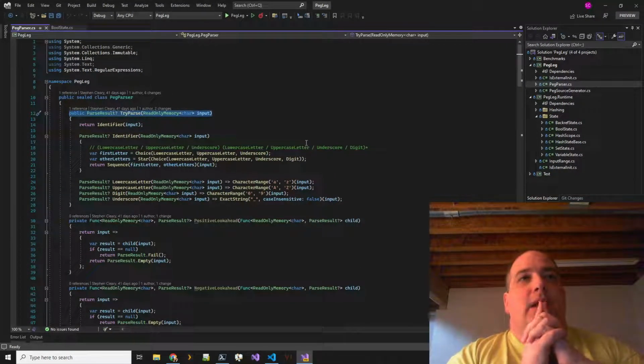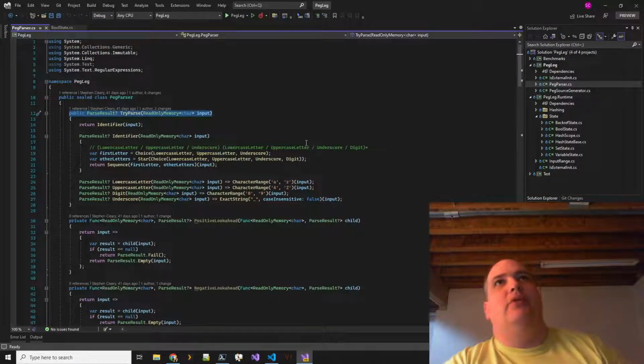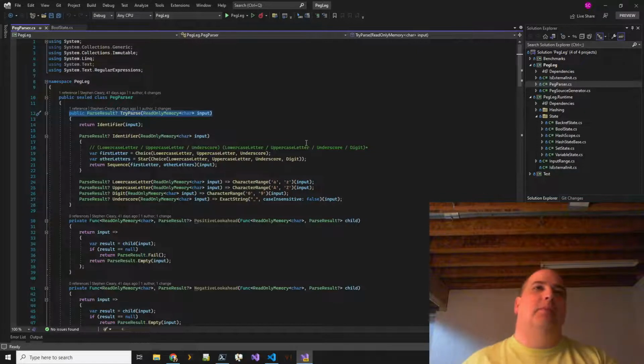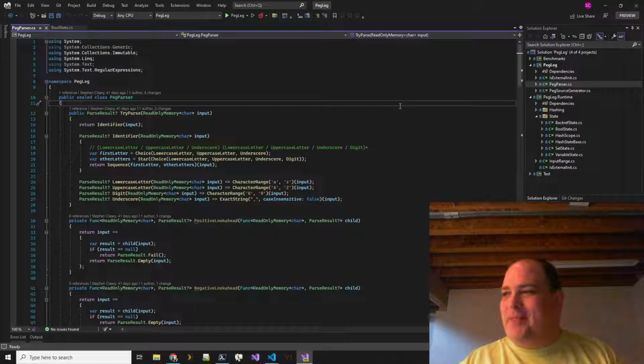So for today, I'm going to have to change this to use strings, and it's going to annoy me because I really want to use read-only memory pretty much everywhere, but I can't change from read-only memory to string without allocating. Yeah, we're going to have to plumb it all the way through with string begin end instead of using read-only memory, just because of that one API. Boy, that's annoying. Okay, but at least it will eventually be fixed.